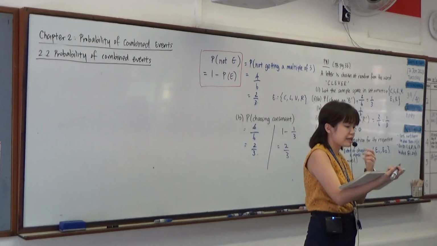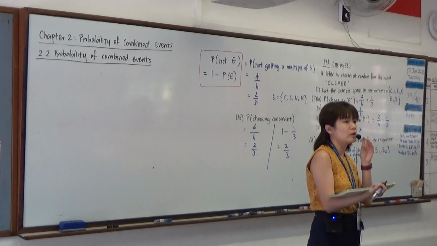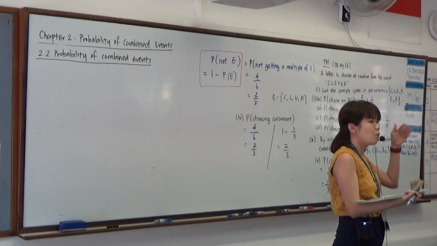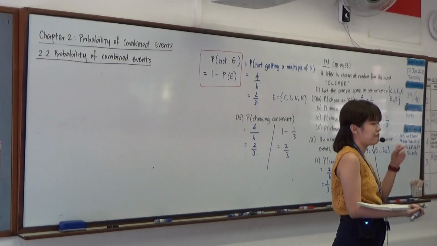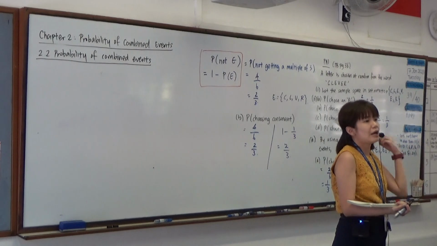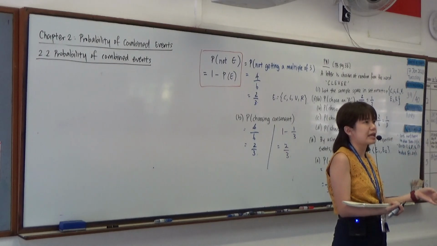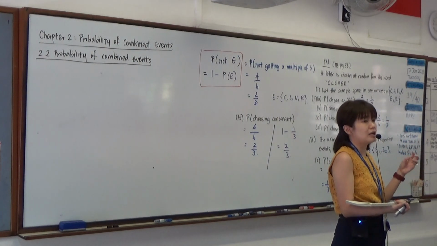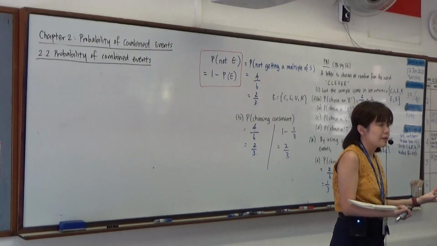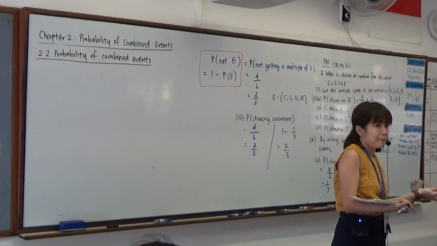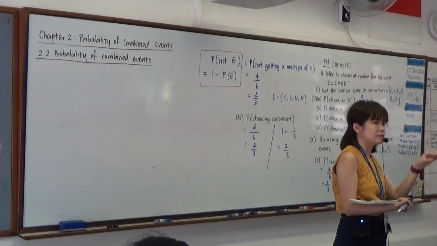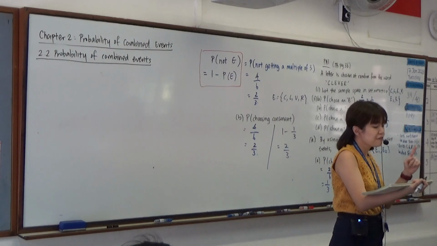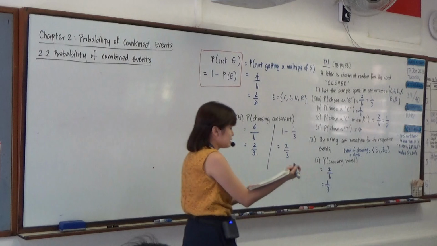Chapter that we're looking at in Set 4. What is the difference? The difference is that we're looking at combined events. Combined events will mean that we're trying to find the probability of one event after the other. So for example, if I have 2 dice and I roll it, what is the probability of me getting maybe the combination of 1, 4? We definitely know how to find the probability of getting the number 1, alright? But what about the combination 1, 4? So this is where we are combining 2 events together, 2 different die, into one situation to find the probability. So the first thing that we're going to learn is how to draw possibility diagrams.